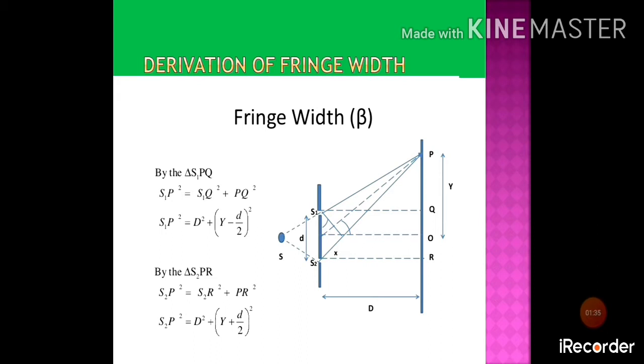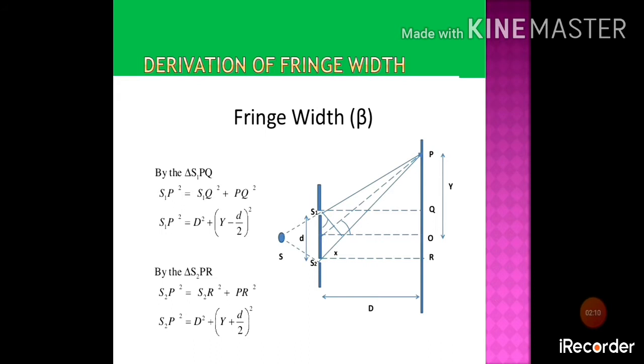As you can see here, we have taken a source S and with the help of that source we have obtained the two coherent sources S1 and S2 by taking two narrow slits. Then we have used a screen at a distance capital D from the sources S1 and S2. Since you know that the wavelets coming out of S1 and S2 will interfere constructively or destructively, we will obtain certain fringes on the screen.